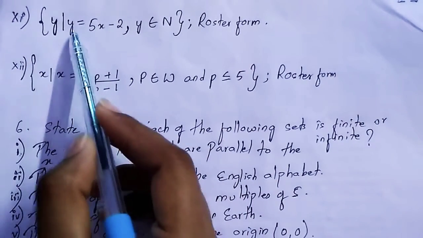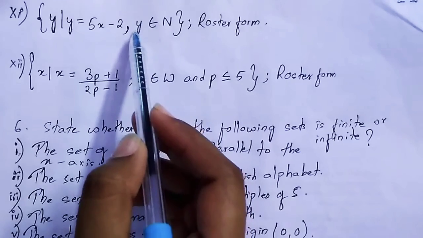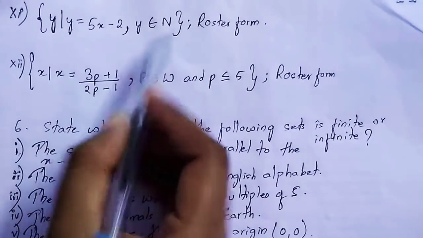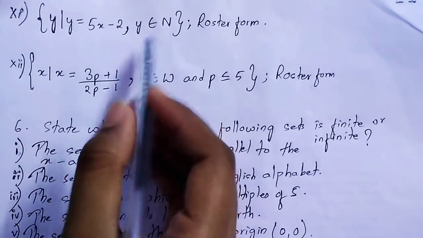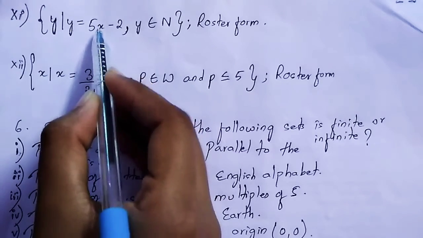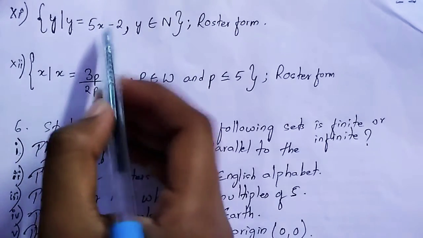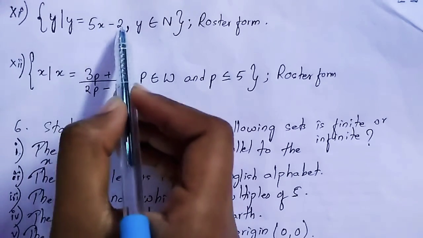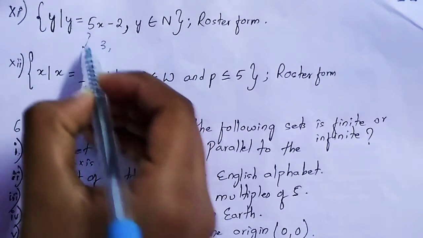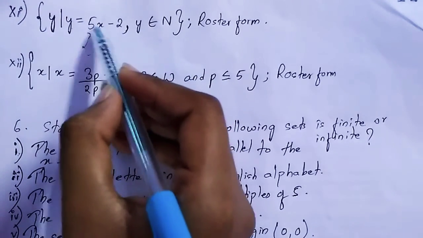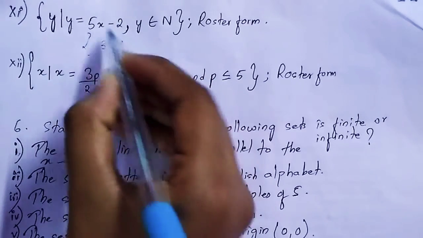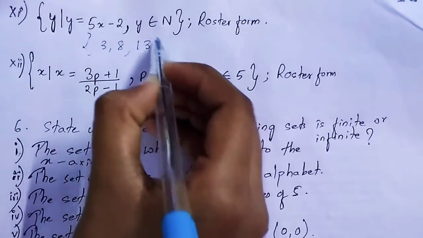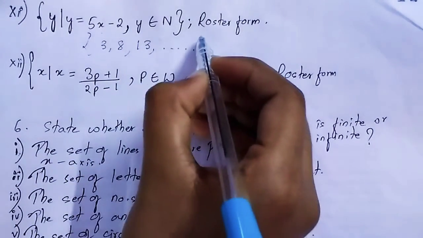Number 11. Y is such that y is equal to 5x minus 2 and here x belongs to natural number. N is natural number. So you need to express this in roster form. So here x is a natural number. That means you have to apply all the natural numbers. So if you put x as 1, then you are going to get 5 minus 2. 5 ones are 5. 5 minus 2 is 3. So you will be getting 3. Now if you put value of x as 2, then you are going to get 5 2s are 10 and 10 minus 2 is 8. If you put the value of x as 3, then you are going to get 5 3s are 15 minus 2. That is 13. So it will keep on going. So you need to give